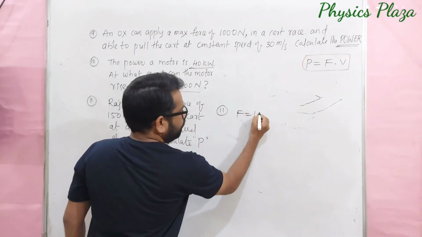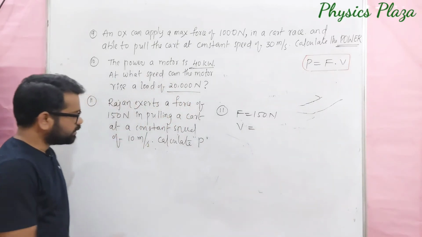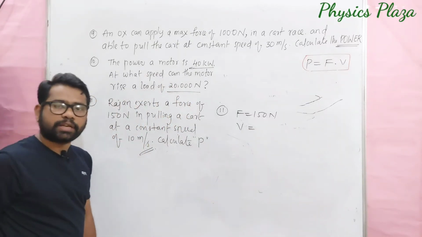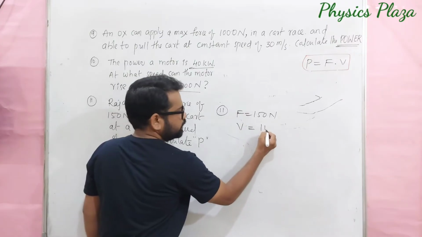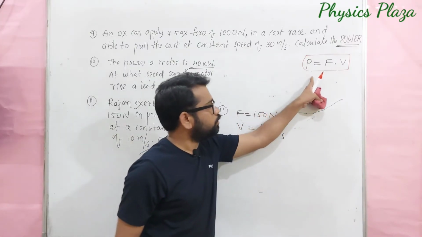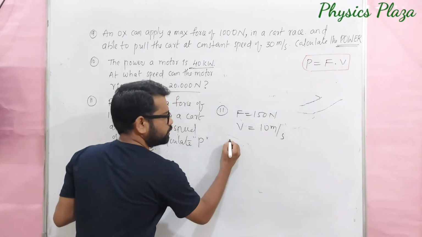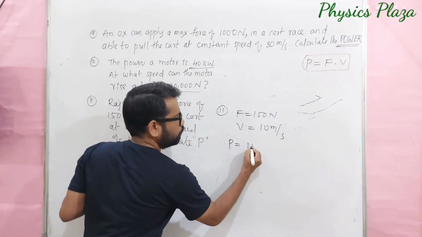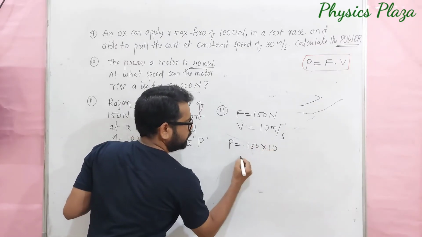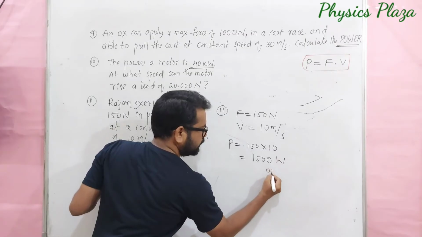Force is equal to 150 newtons is given, and the speed is given, how much? 10 meters per second. They are asking us to calculate the power. So power is equal to force into velocity, that is force into speed also we can take. So P is equal to 150 into 10, it will be 1500 watt,